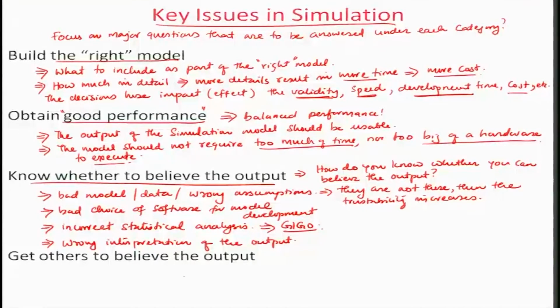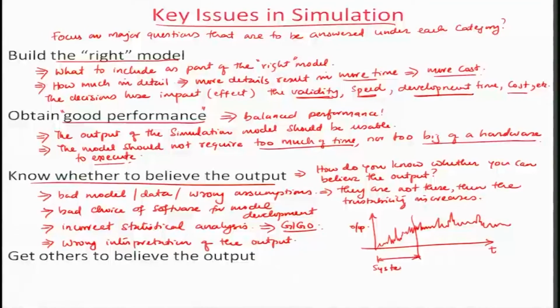So, let's say if you see a scenario, for example, many of the time people study simulation, the system behavior of the simulation kind of looks like this. The system behaves typically like this. So, let's say this is the output of the system. Up to this point, you can see that the performance of the system for this time period is not stable, and here the system is stable, or in steady state.